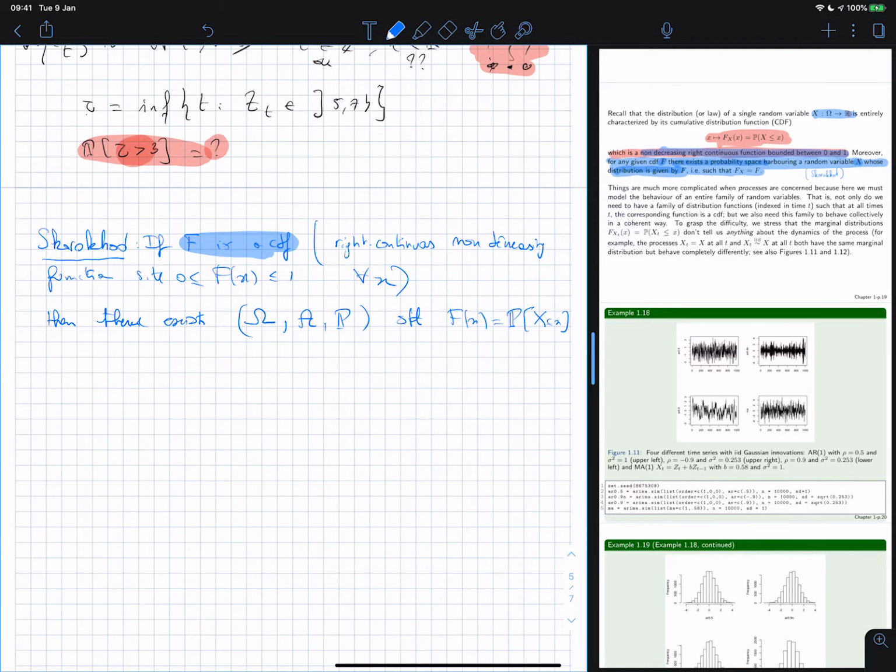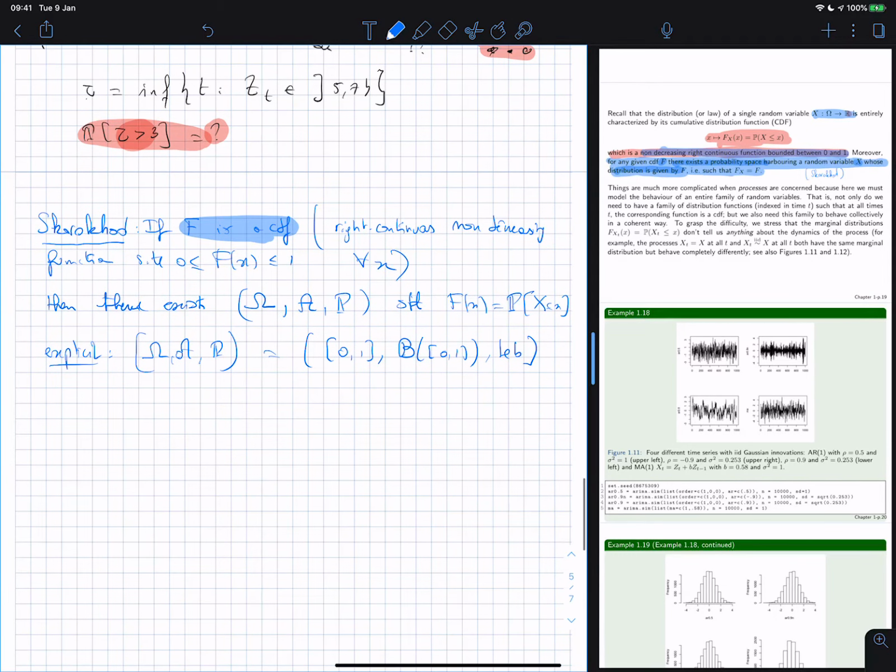And even better, we can have this probability space explicitly, because you take Omega to be 0, 1, equipped with the Borel sigma algebra on 0, 1 and the Lebesgue measure,